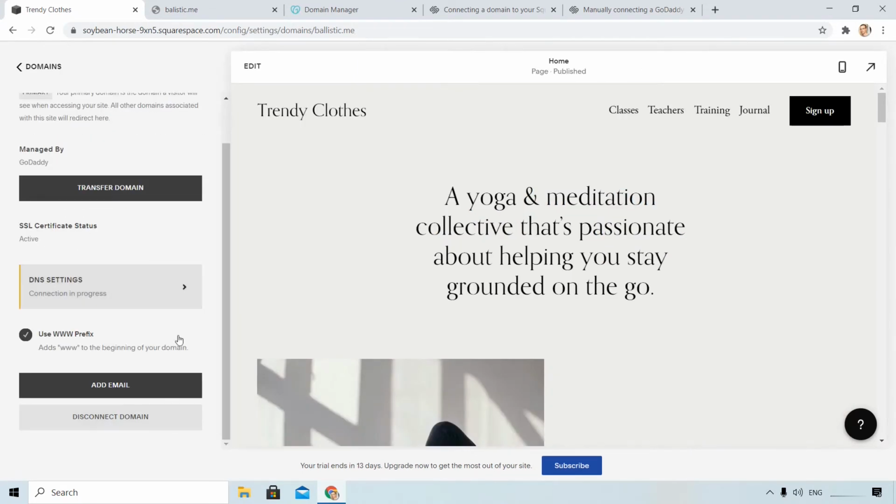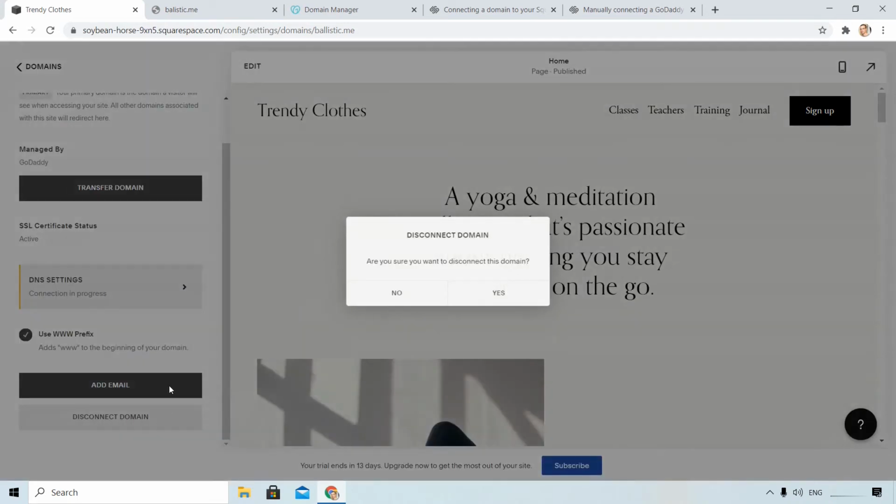To do that, I first need to disconnect the domain. I repeat, if 72 hours have passed, or for any reason the automatic connection doesn't work, then you can try manual. First you will disconnect the domain.